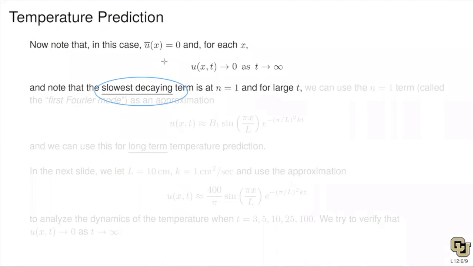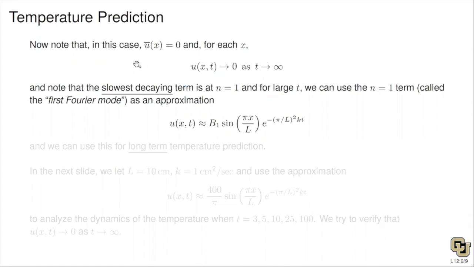Think about it, compare e to the minus t with e to the minus 2t with e to the minus 3t. E to the minus t goes to 0 the slowest. E to the minus 2t goes even faster. The more terms you use in your Fourier series, those exponential terms are decaying even faster. So for n equals 1, which is the slowest decaying term, we can use what's called the first Fourier mode approximation of the temperature, which is u(x,t) equals the very first term,